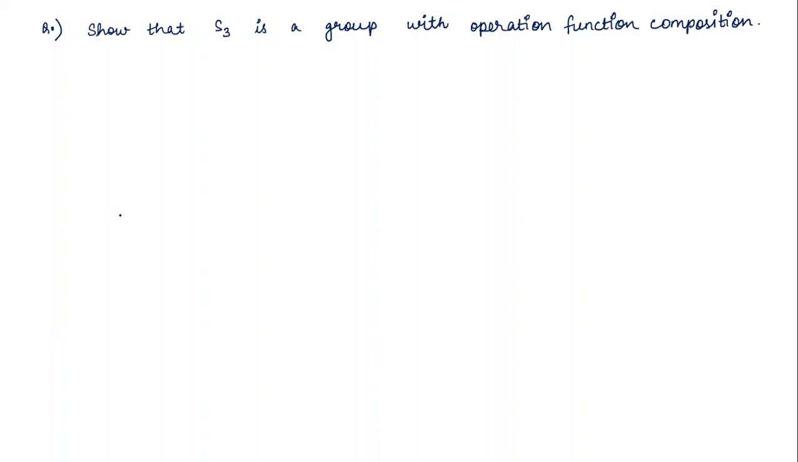So now that we have studied permutations and how to operate different permutations, we will be studying how S3 is a group with the operation of function composition. So what is S3 basically? S3 is the set of all permutations on the set 1, 2, 3, and we already saw that